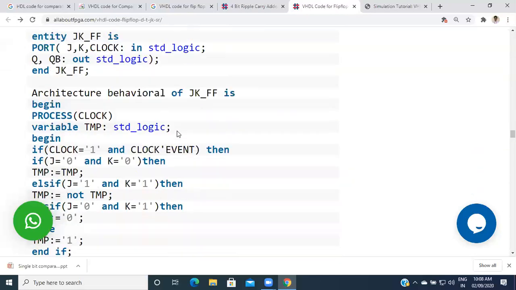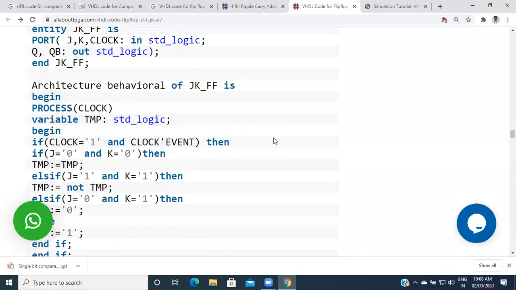Then architecture behavioral of the JK flip-flop is the process, then variables and signals, and based on the clock, if the clock is 1 and clock tick event, then if J is 0, K is 0, the temporary value is assigned to the output signal.